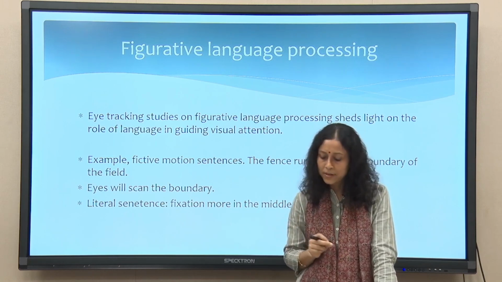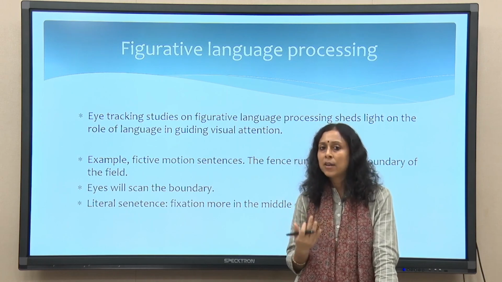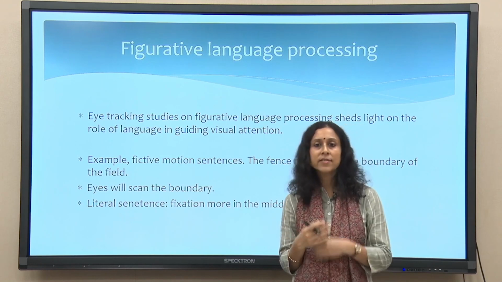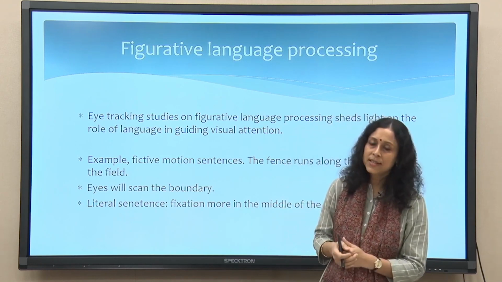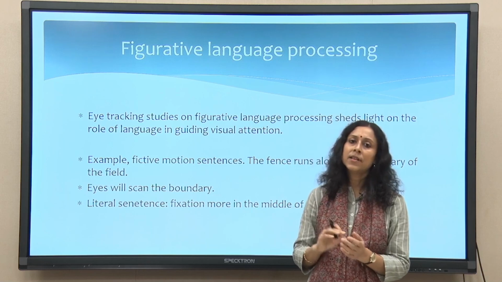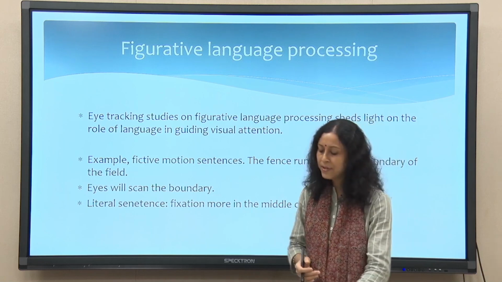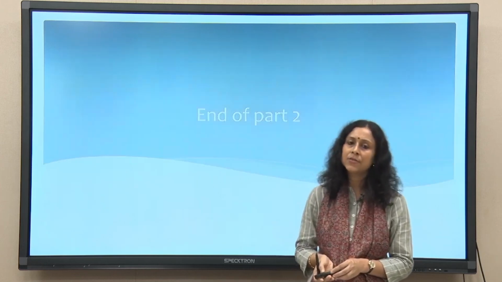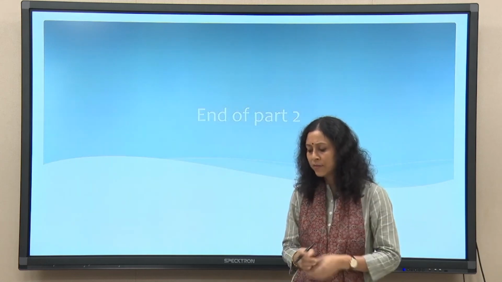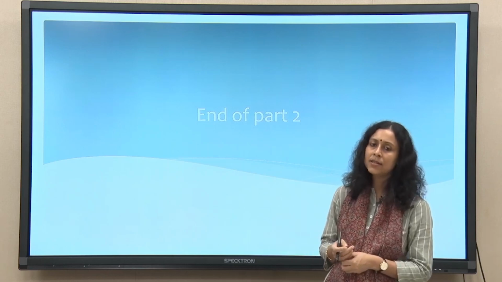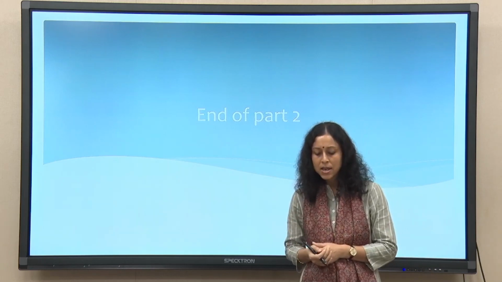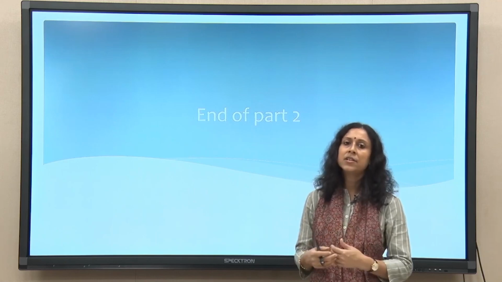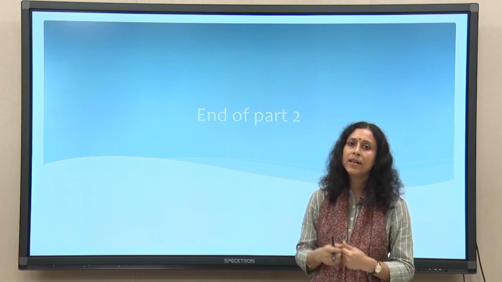This is also a very important finding, showing how language can guide our visual attention. Simply by tweaking the sentence, we are not changing the meaning, we are not changing the objects in the scene, nothing. It is just a different depiction of the same thing, and visual attention gets guided by that. So, these are some of the areas that we looked at. This is of course not exhaustive, there are many other domains and many nuances within each of these sub-areas, but this gives you an idea as to how language and vision interact in a dynamic way in various types